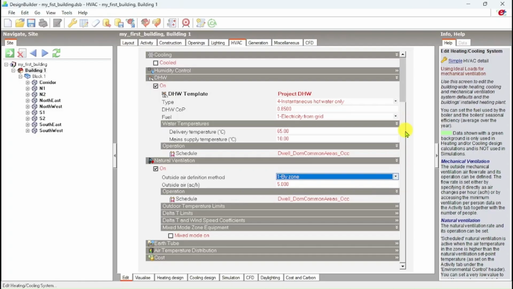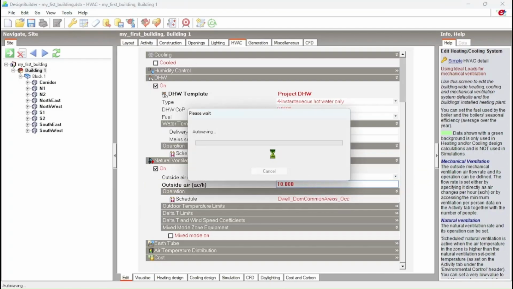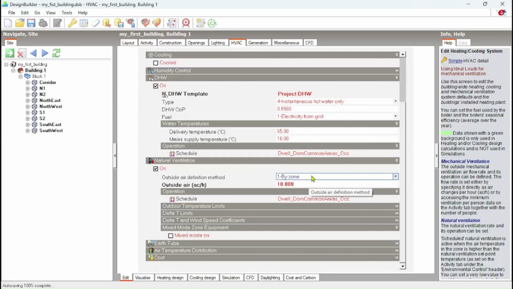Instead of having 5, let's change this value to 10 air changes per hour. Then when the natural ventilation is activated,